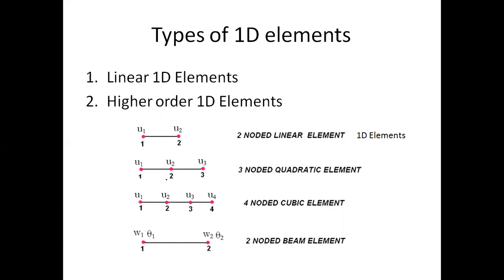The first one is the linear 1D element, and the second one is the higher order 1D element. Okay, this is the types of 1D element. Next,